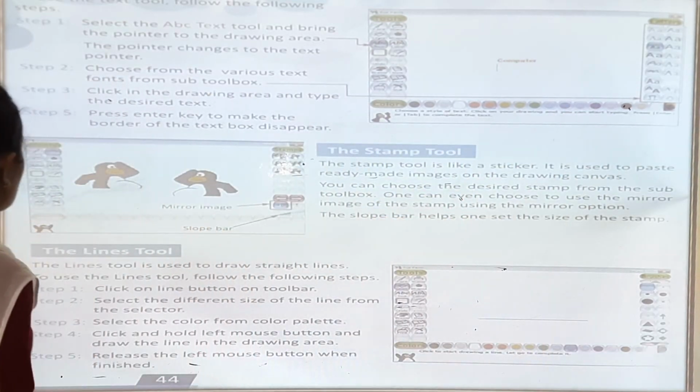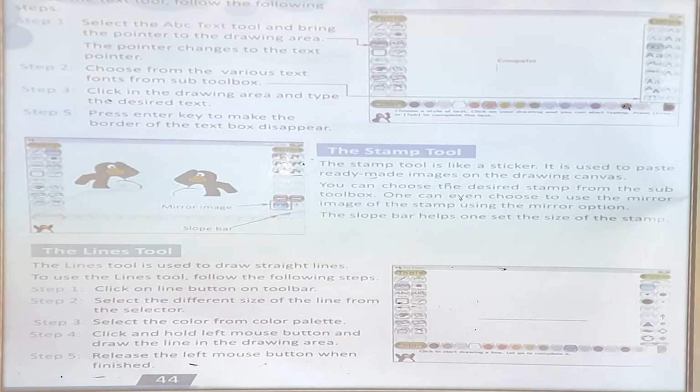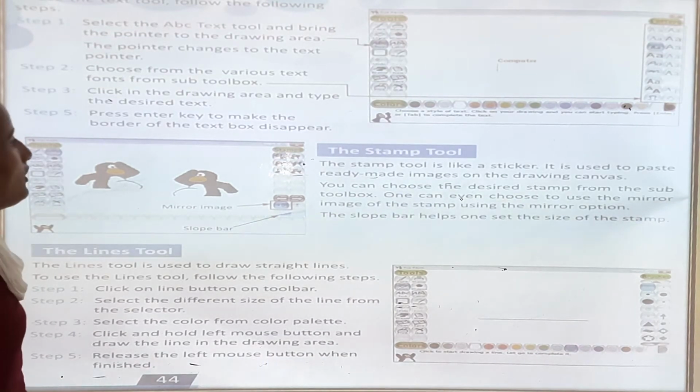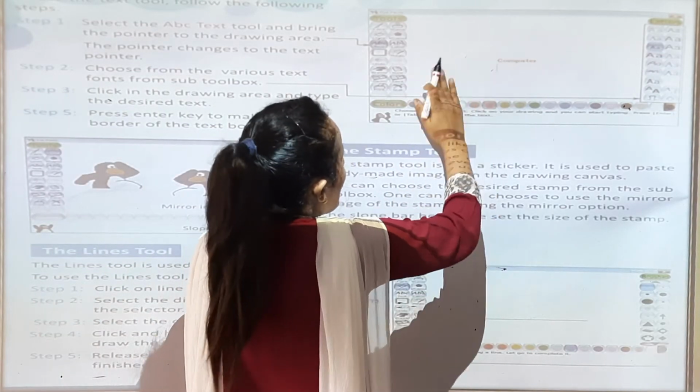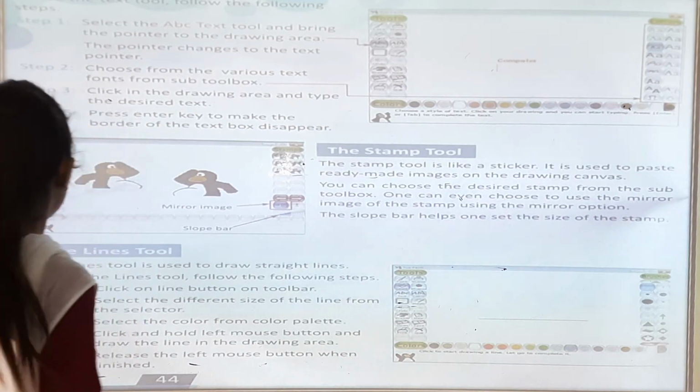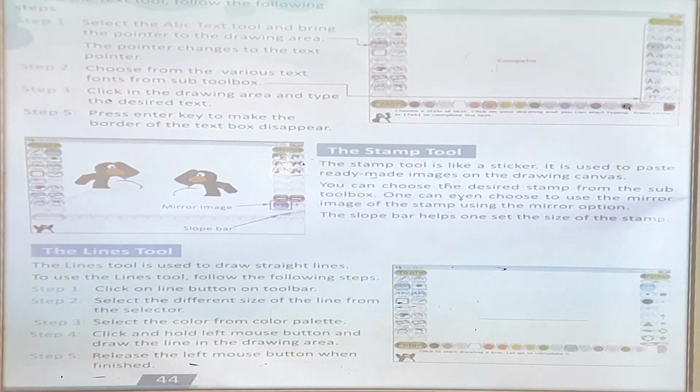Now step 3, click in the drawing area and type the desired text. You can click here in the drawing area and you can write anything. Now step 5, press the enter key to make the border of the text box disappear.